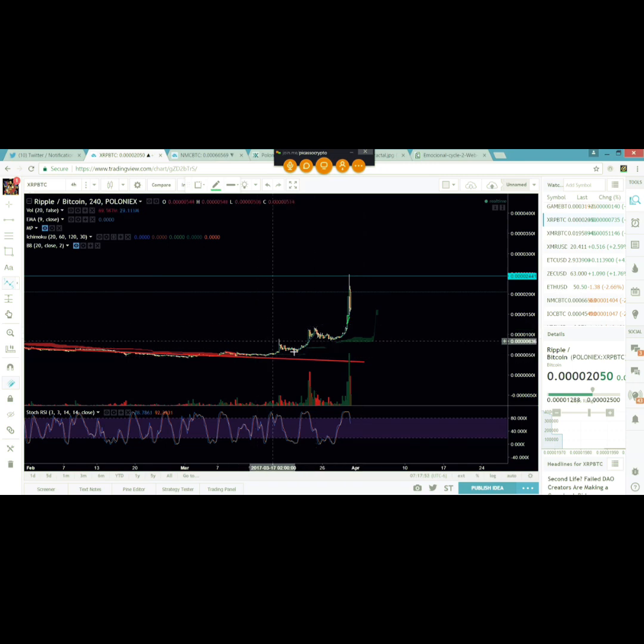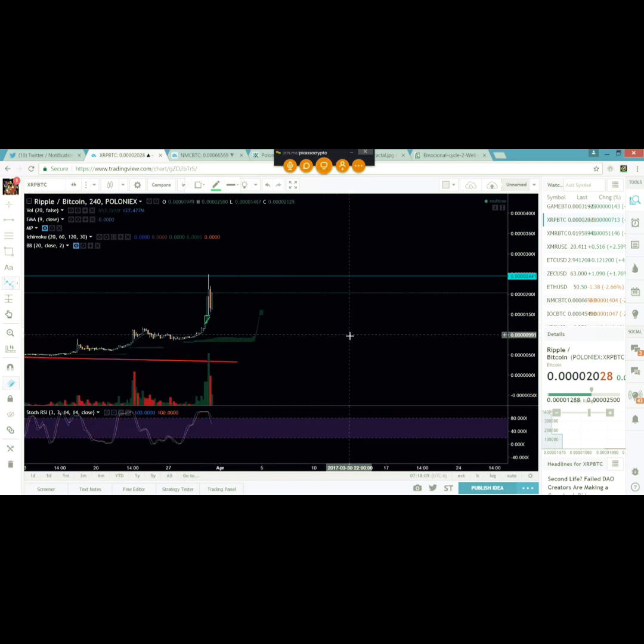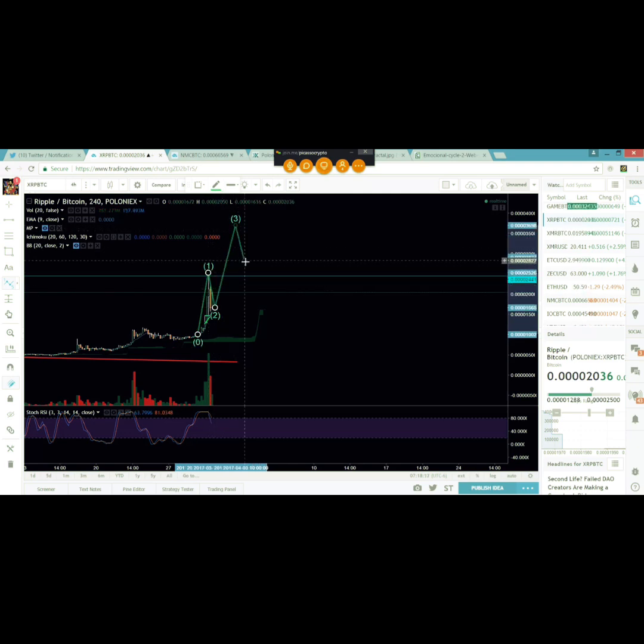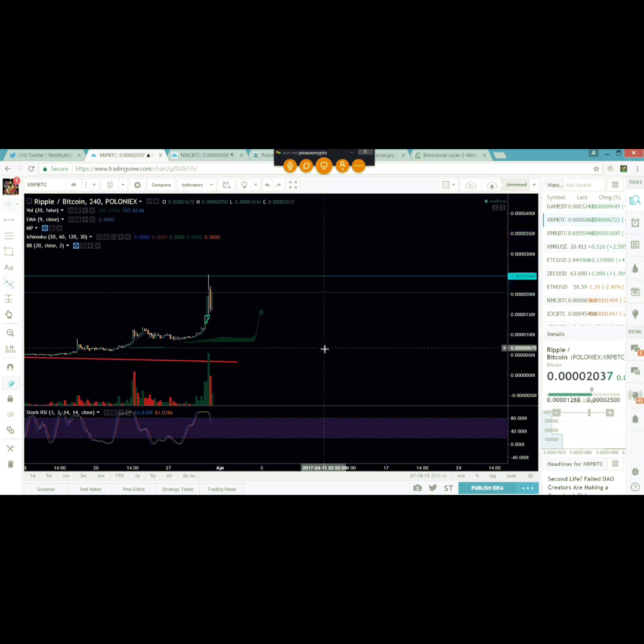Meaning that we could very well be looking at this as a 1, 2, 3, 4, 5, like I just showed. Or this whole 1, 2, 3, 4 could have just turned into the ramp for this thing. Meaning that it could very well be doing something like this and come down and retrace here and then go up again, and then come down and retrace and then go up again.